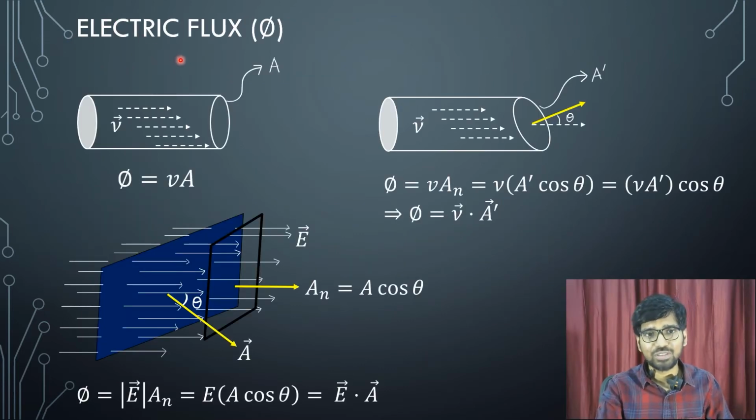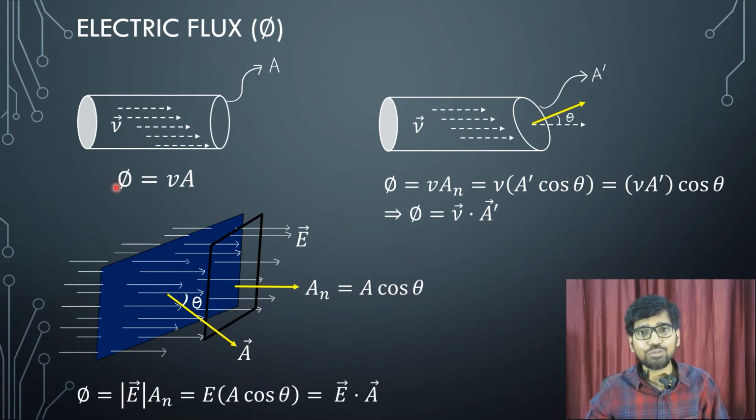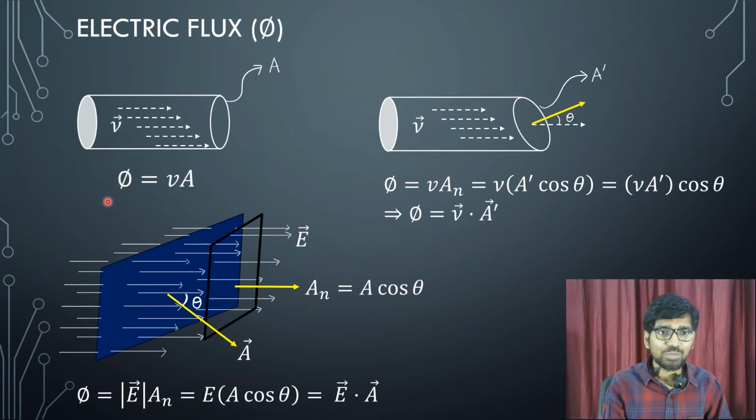Electric flux. First, we will learn what the word flux means. Flux of any physical vector quantity means the amount of field lines crossing a given cross-sectional area. Imagine a situation in which you have a tube with a cross-sectional opening A where streamlined flow of water is flowing.